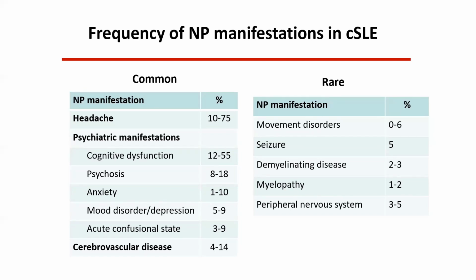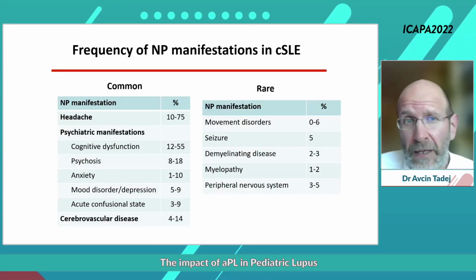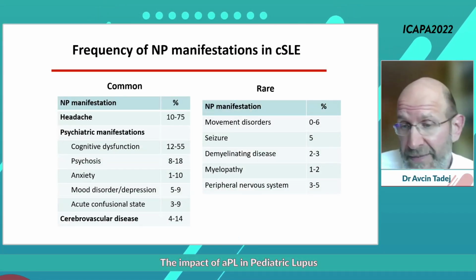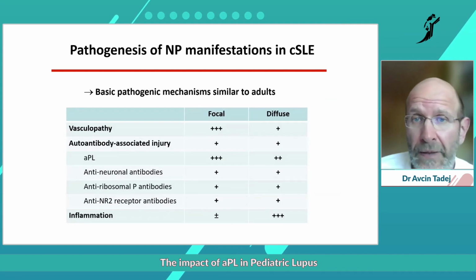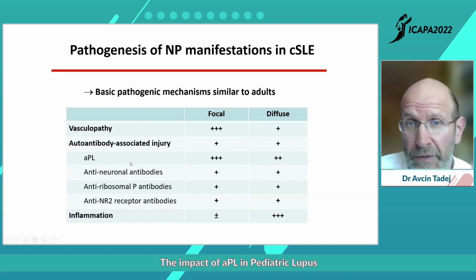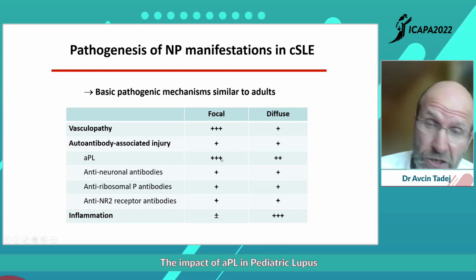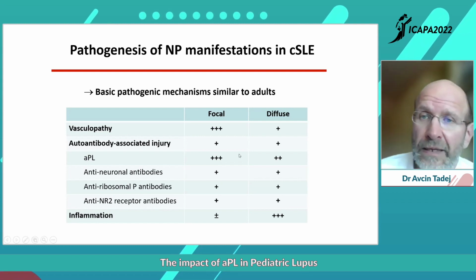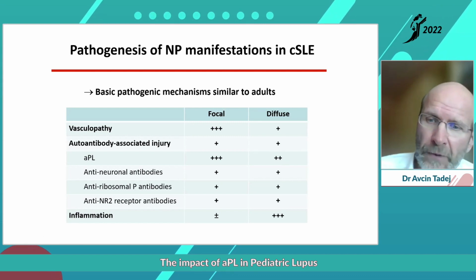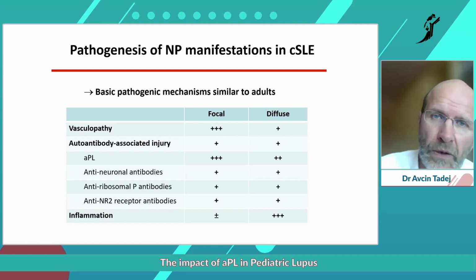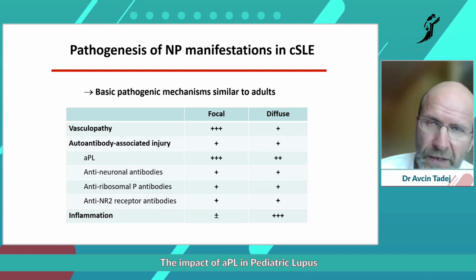In addition to thrombosis, the second strong association in patients with childhood onset SLE is with neuropsychiatric manifestations. Children with SLE can present with a whole range of neuropsychiatric manifestations, as shown on this slide. And antiphospholipid antibodies were most strongly associated with focal manifestations, such as strokes, cerebrovascular accidents, but also with diffuse. So antiphospholipid antibodies are probably one of the autoantibodies that are most frequently associated with focal and diffuse neuropsychiatric manifestations